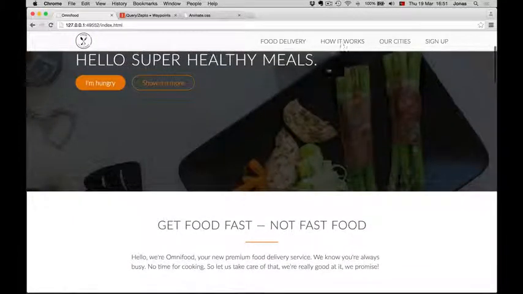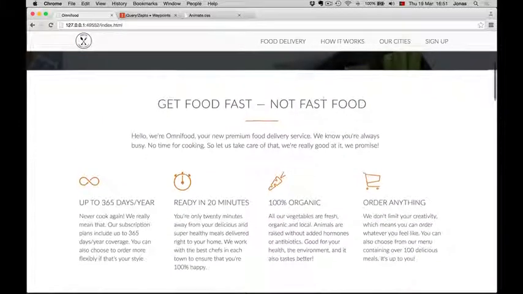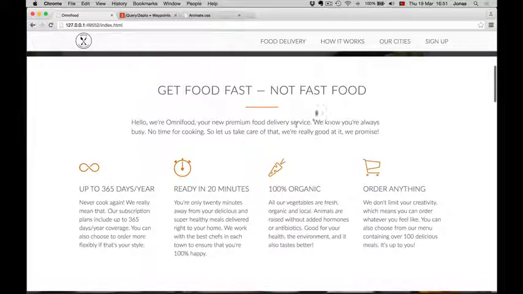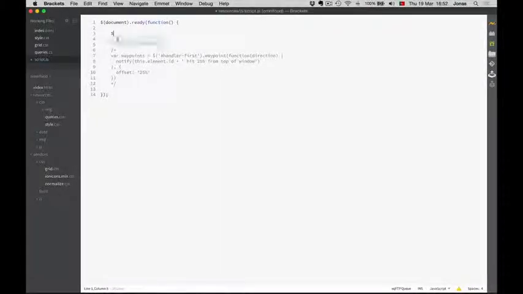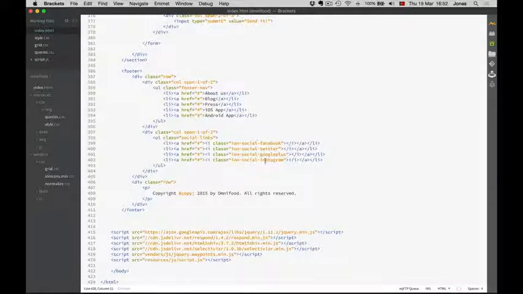So we want it to be hidden here, and we want it to appear once we come to this section. The first step is to actually select this section in jQuery. We already know how to do that with this selector, and now we need a class name, such as in CSS. And now the section